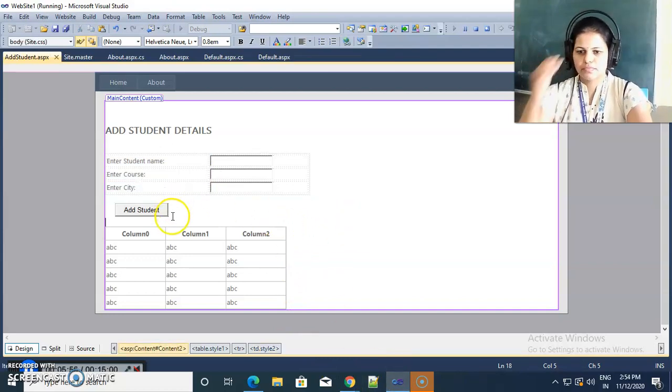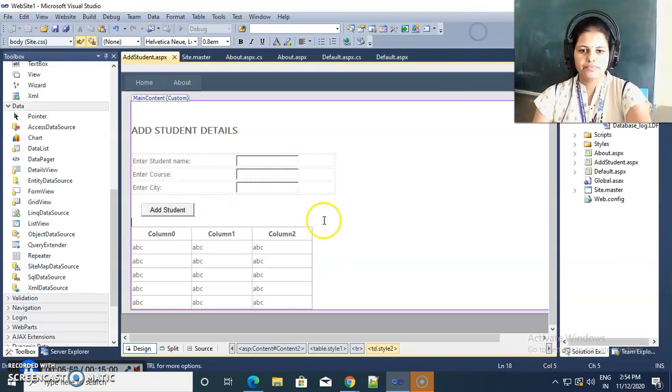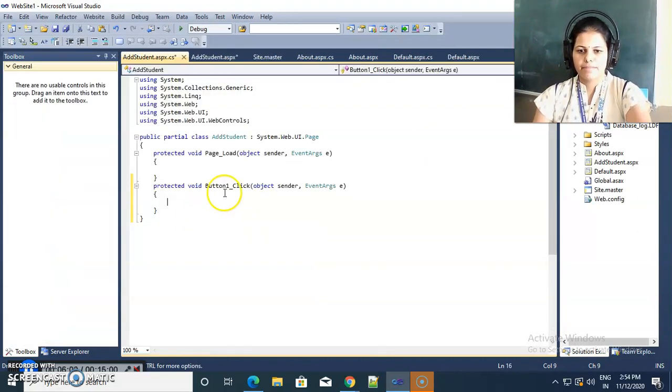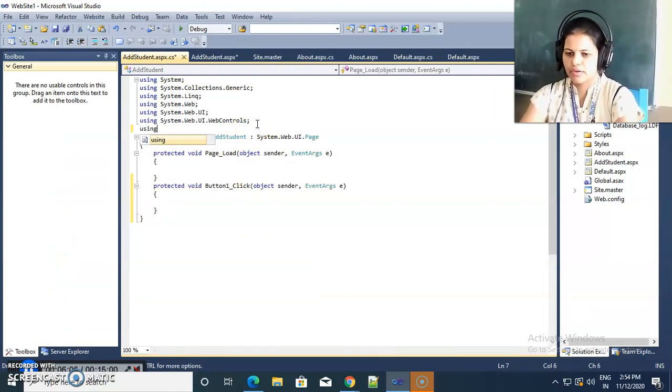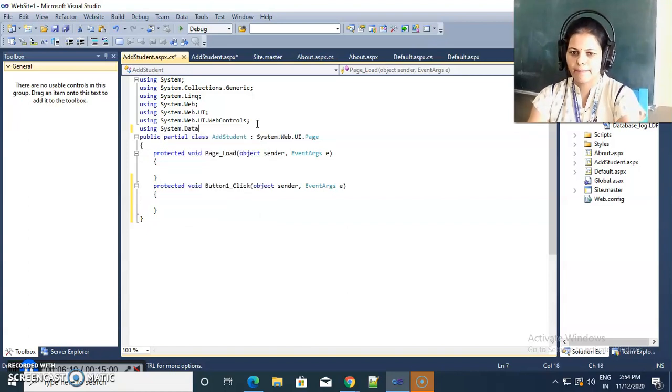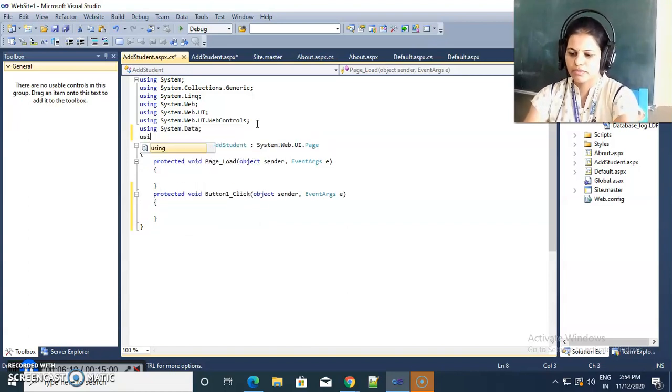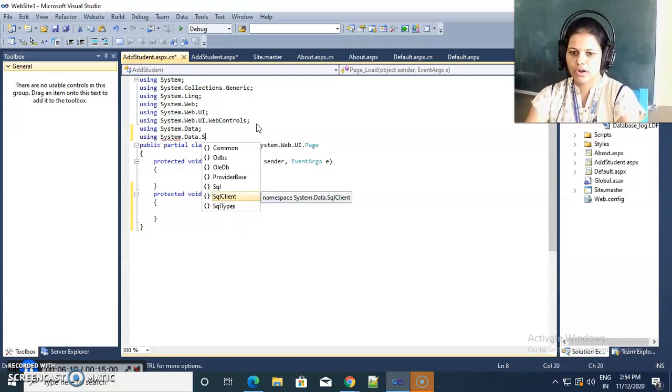Now I am going towards the code window and adding some code here. This is the button one click, and adding some libraries here, system.data and system.data.sqlclient.